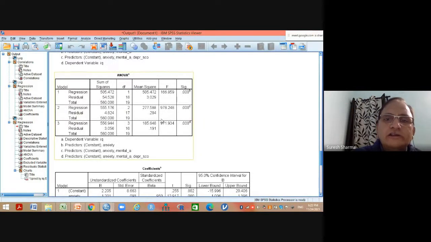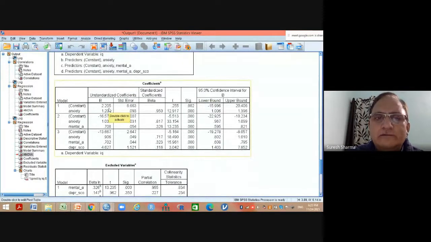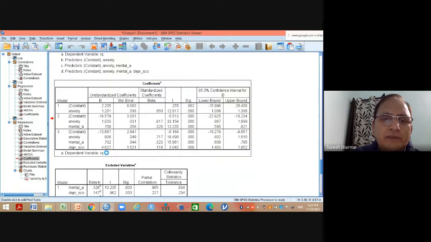So I have to report only the third one. That at the third step, the regression was coming out to be significant. Although it is significant in both the cases, the important table is the third one. Right? Because you can see this includes all the 3: anxiety, mental age, depression. Okay. Then how to form an equation? This is the equation when only anxiety is there, model number 1. When anxiety and mental age, this is the model along with constant. And I will not have to see the first ones, I have to see the third one. And how to form an equation? Just double click here.